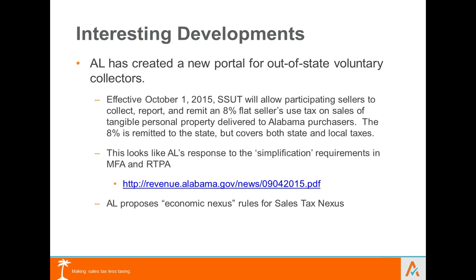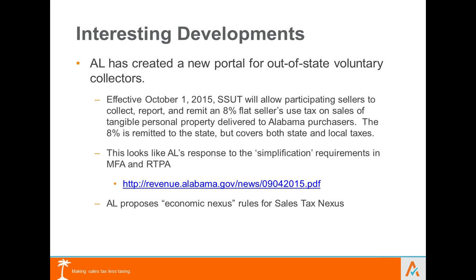Here's something interesting as well. In Alabama's created, this is related, guys, to Nexus again. I promise this whole story won't be about Nexus, but this is where a lot of action is, and you got to know what's going on. If for no other reason than so that at the Christmas party with the boss, you'll have something to talk about when it comes to sales tax as a general principle, right? This is cocktail party material for a lot of you, but it's interesting. It's probably a sign of the future.